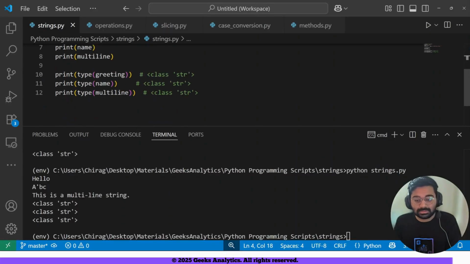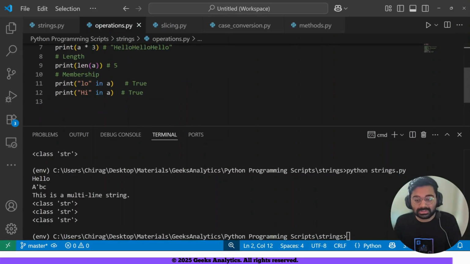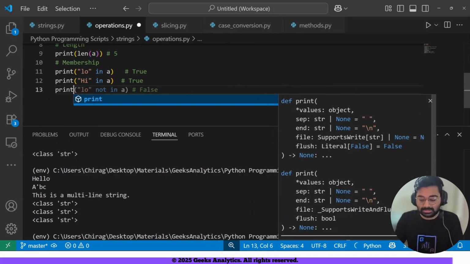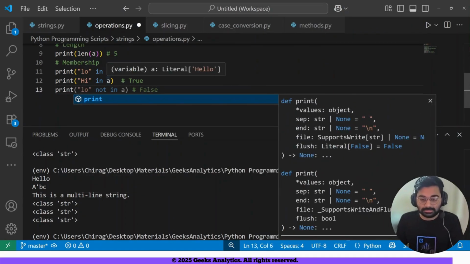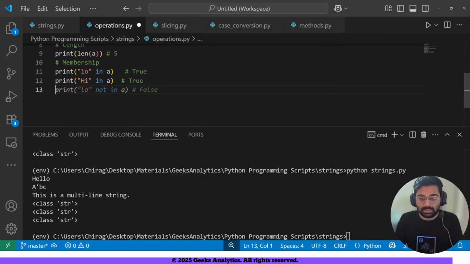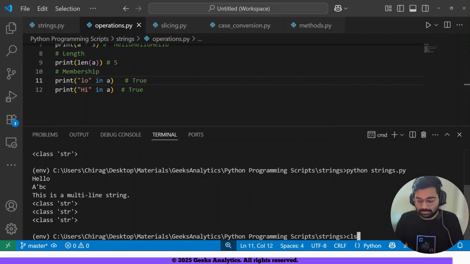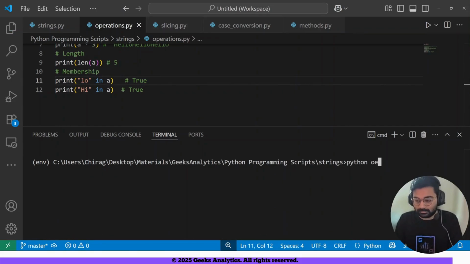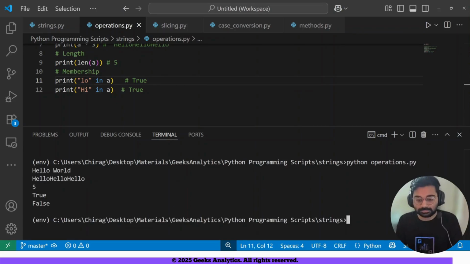And if you want to, let's say, check something like this, I will put here only hi in A. So if you see now, the output is false. So hi in A, the output is false, meaning the Boolean operator says that hi doesn't occur in A, but